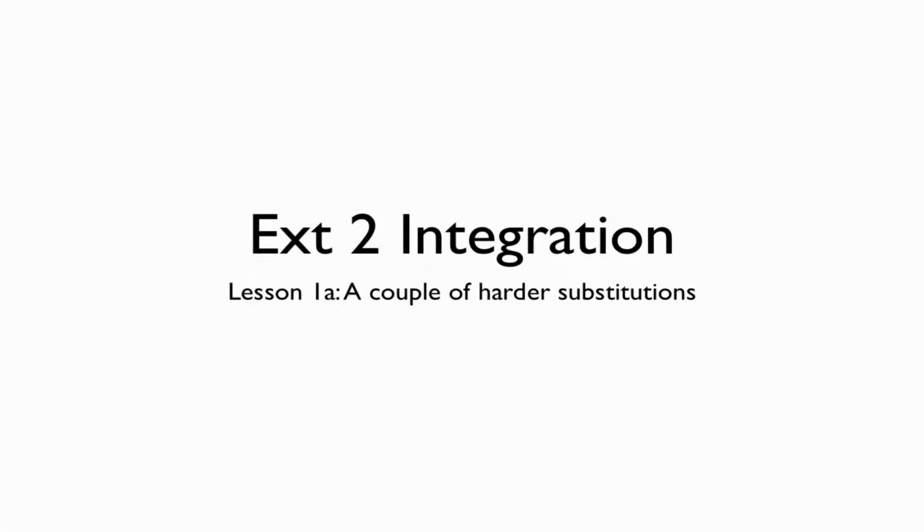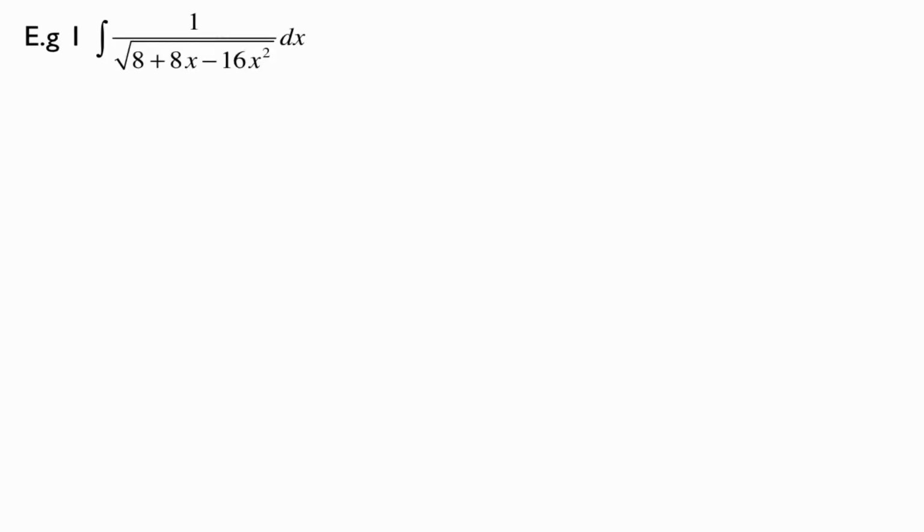Part 2 of our Extension 2 Integration Lesson 1, a couple of harder substitutions that you may come across. For example, integrate 1 over the square root of our quadratic function. Now, when we're looking at these sorts of things, we consult our table of standard integrals, and we see this is kind of almost like 1 over root a squared minus x squared dx, which is, of course, inverse sine